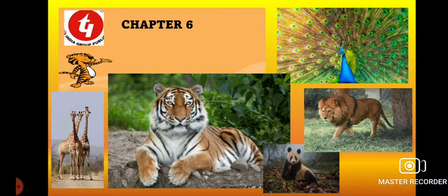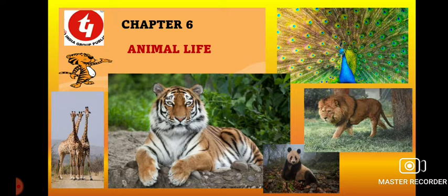We are studying now a very interesting chapter, and by seeing this figure, these pictures, you can easily understand this picture. This chapter which we are studying is about animal life. Okay, it's very good. Animal life tells about the different habits, habitats and characteristics of the animals. Although they all belong to the category of animal, they have very various forms of structures and characteristics, which we will learn in this chapter.